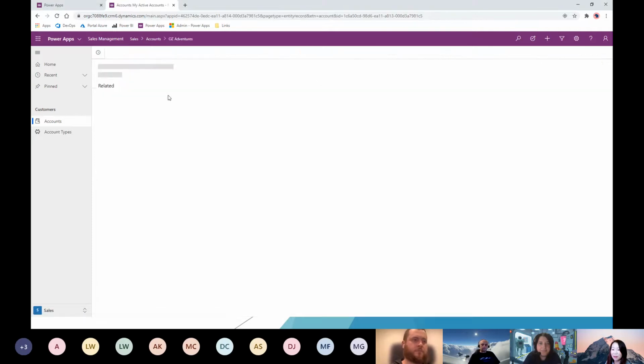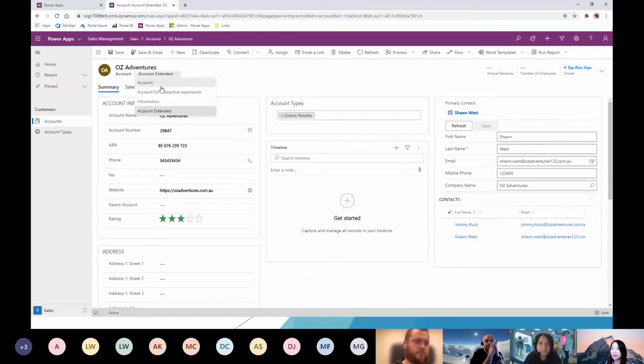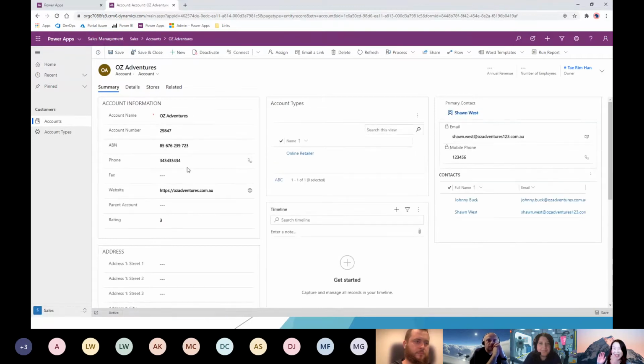And then if I drill down into one of these, oh, sorry, I should be in the other form. You see the standard out-of-the-box form with few added customizations and some fields that I have added. So I'm just going to point out a few of these things. I have added the ABN, I have added the rating, and also it has an end-to-end association with the account type, so you can have multiple of them for this account. And I have got a primary contact shown with a quick view to visualize some of the information about that person on the form.